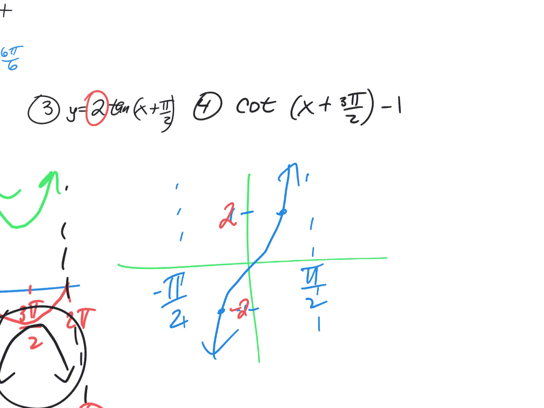Next, we have to shift this thing left pi over 2. Now here's how far pi over 2 is. From here to here, that is pi over 2. So when this thing shifts to the left, pi over 2, it now will be here, and its asymptotes will follow it. The red one is the final answer. It is shifted to the left, pi over 2. That's another 1 point if you by accident shifted it to the right or up or somewhere else.